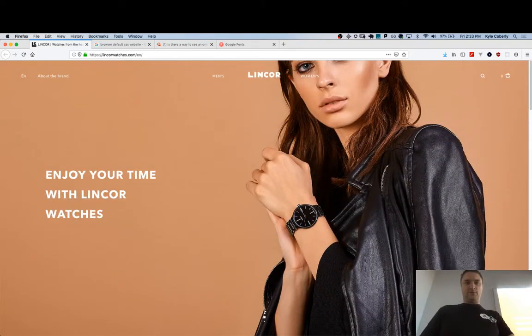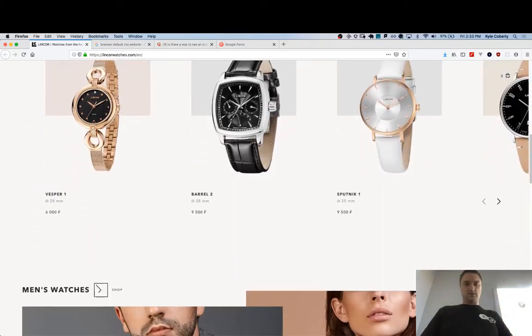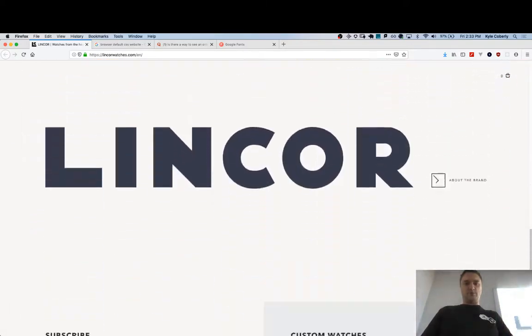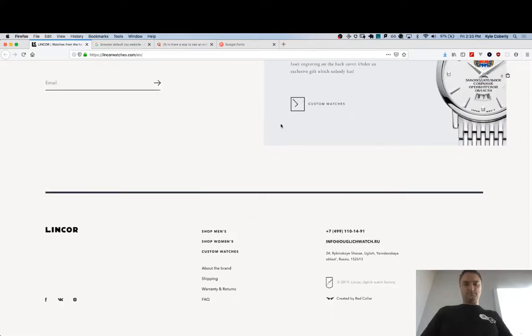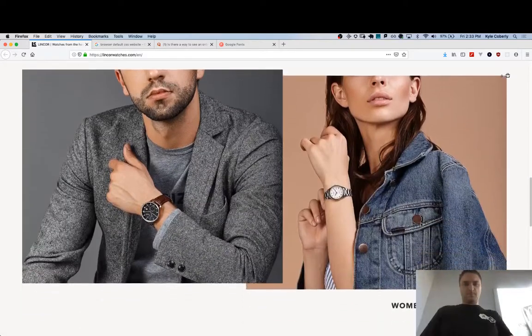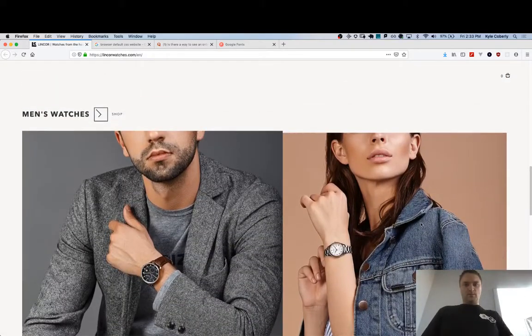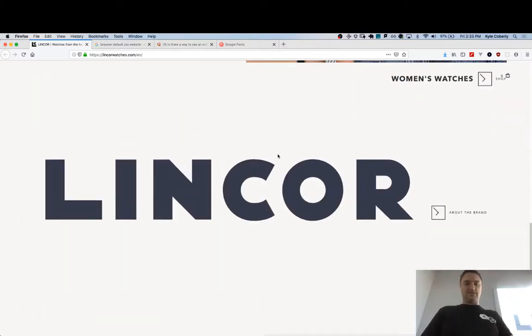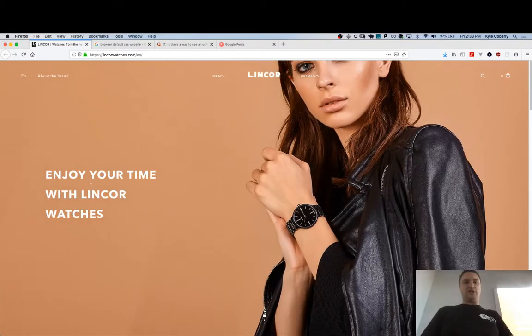So how many key colors are there on this site, you think? Four? How do you figure? Yeah, there's the dark blue, the gray, and that rose color. So I'm going to actually call that two. I'm going to say this darker blue and this peachy kind of color. Everything else is either grayscale or some variant on those, like a softer or darker version of those. And I'll bet